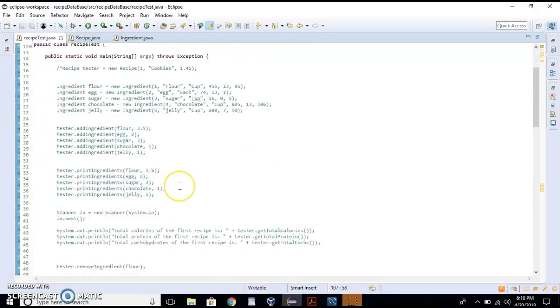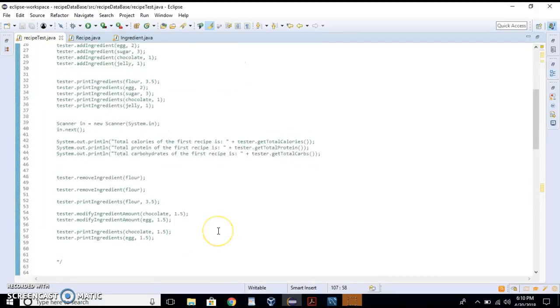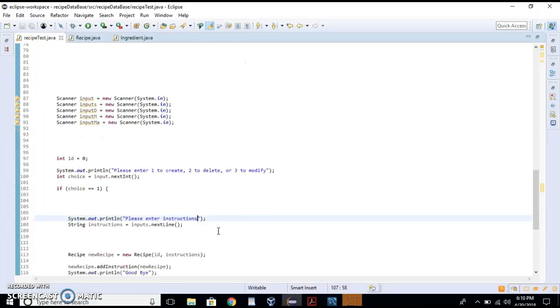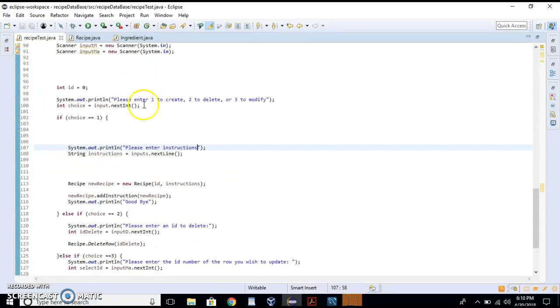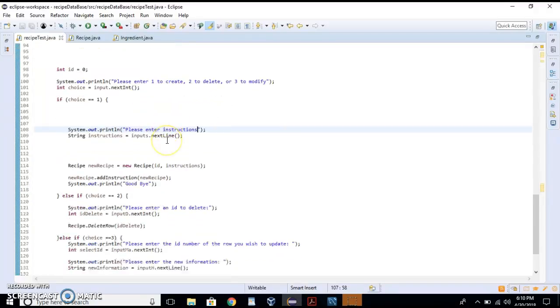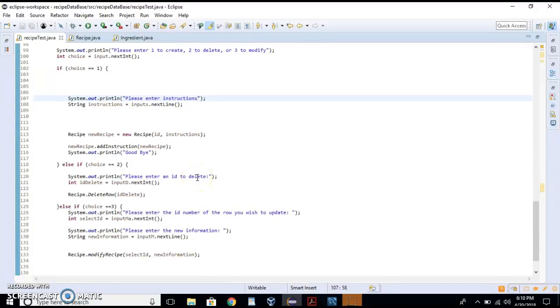This is previous code, or code that I haven't got to yet. Of course I have a few scanners and choices: enter 1 to create, 2 to delete, 3 to modify. So